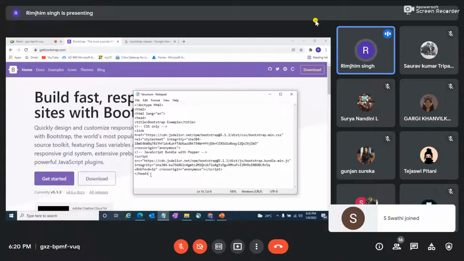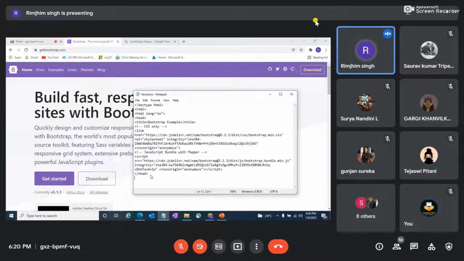And then if I go down, I can write anything. I have closed my head, and then I'll open the HTML body part, and let's add a hyperlink to my first Bootstrap program so that it is easy for you to understand. And then I'll write H2.